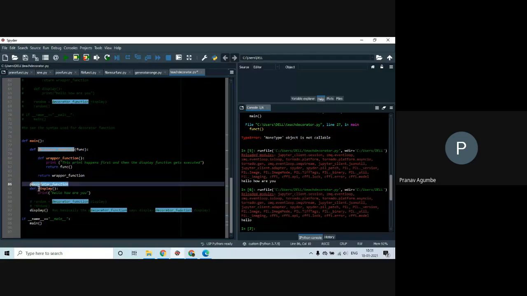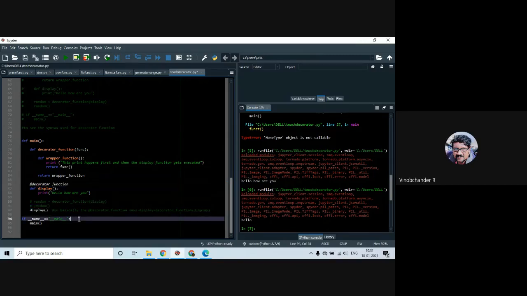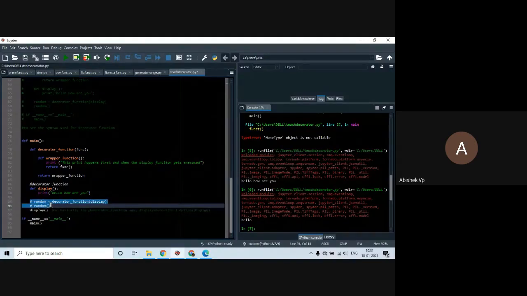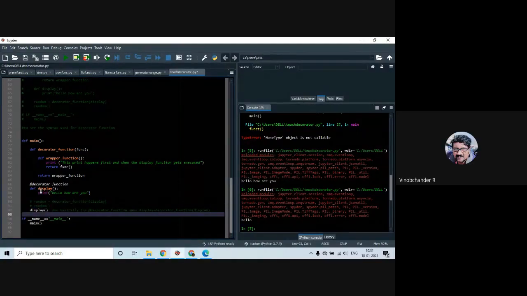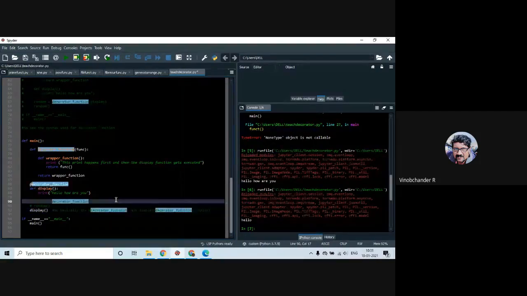Here, if we have defined it as display, we have given it as display, so it is taking it. I think Abhishek's question is with respect to the comment in line number 29 that says display is equal to decorator function. My question is, in 90 we already had display, but in 90 and 91 we have given some other function as random and assigned it. But when we use the shorthand, does it take display equal to? No, it doesn't have to be display equal to. Instead you can say x is equal to and then call x, it is the same thing.